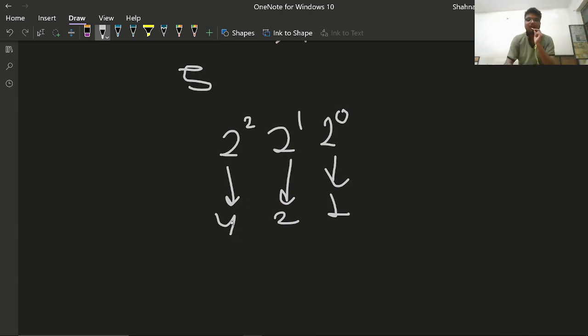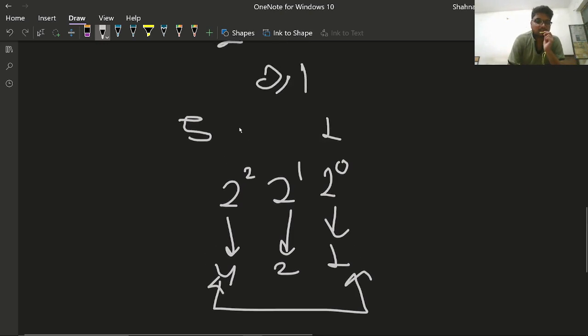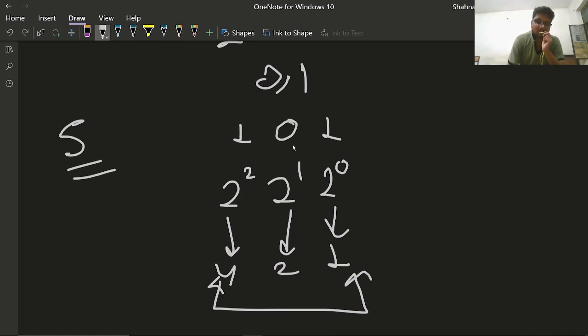What combinations give 5? We can choose these two only. So we write 1 there and 1 there. We are generating 5, and in the rest of the place we just put 0.